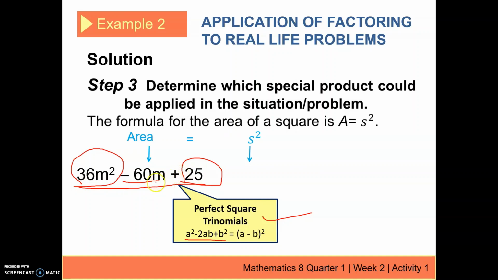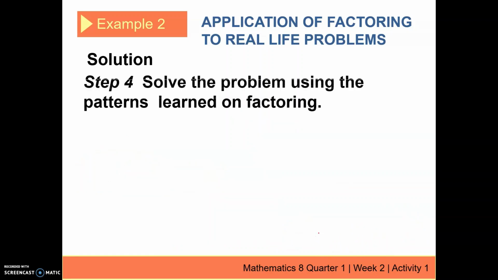Multiplying 6 times 5 is 30, times 2 from the formula or the pattern, we get 60m. Therefore, this polynomial is a perfect square trinomial. So what is the side? How do we factor it? We will just use this pattern. Solving the problem using the pattern on the perfect square trinomial, 36m squared